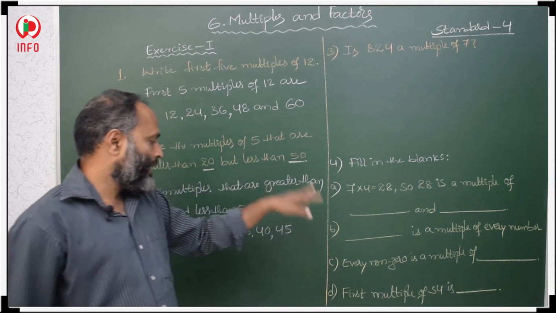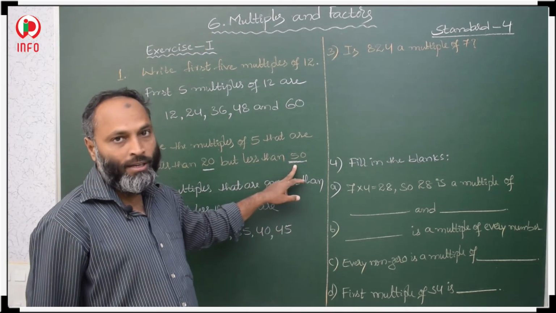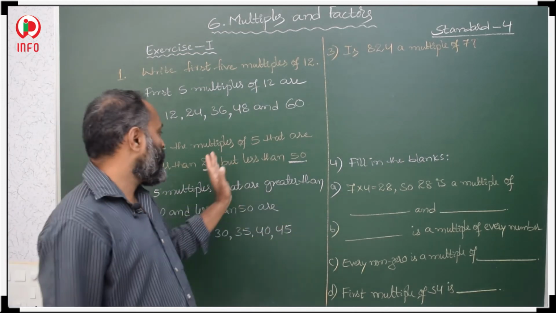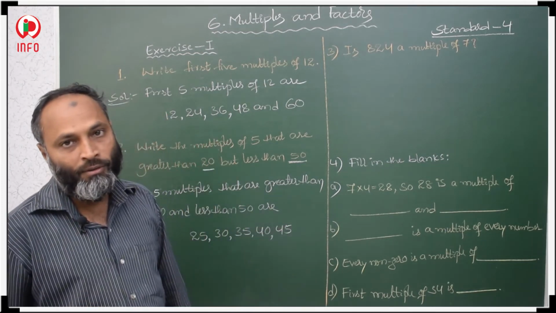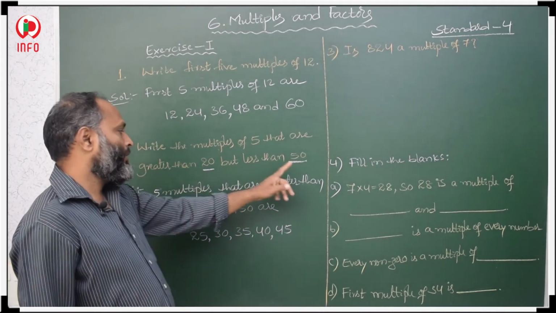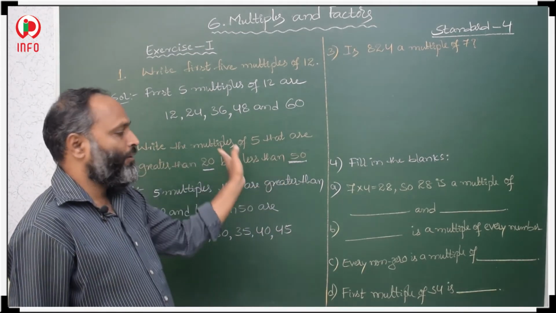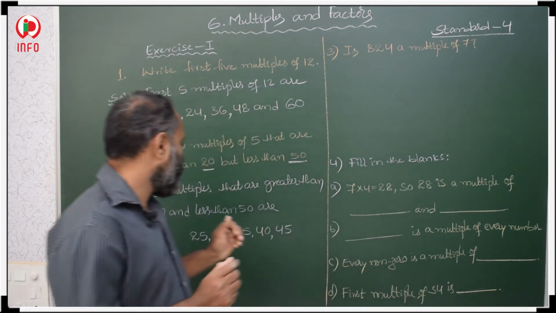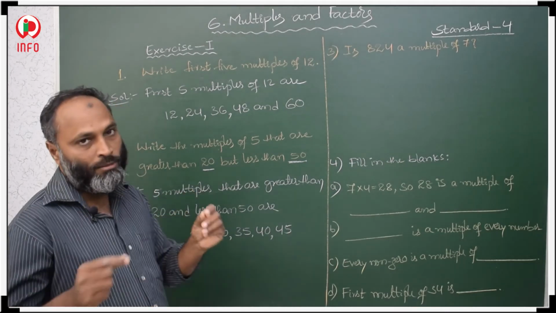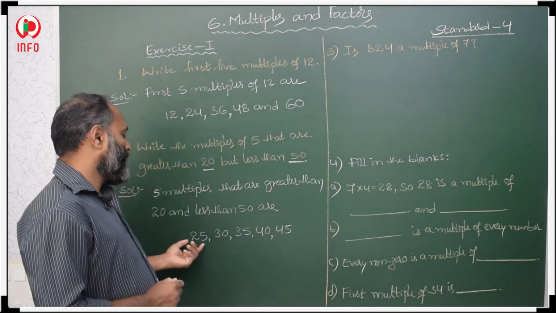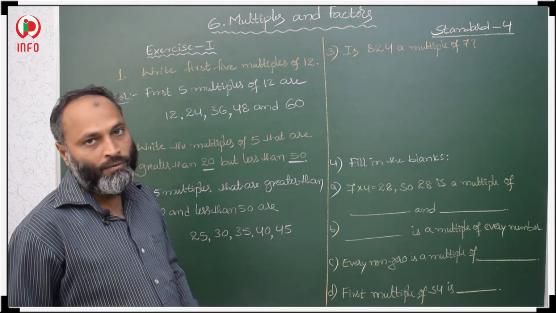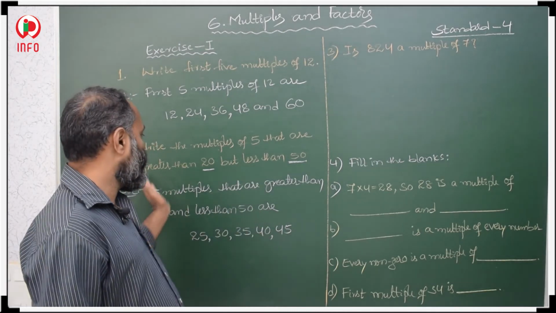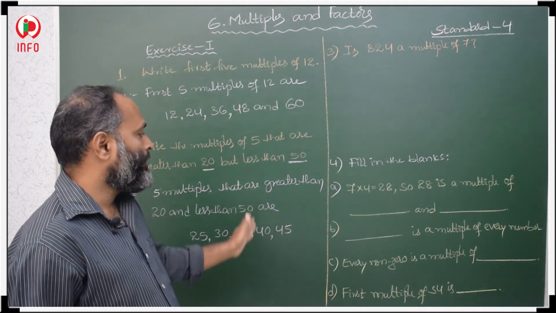If we take 5 tens are 50, that is equal to 50, it's not less than 50. Less than only we have to write. Less than means in between 20 to 50 we have to write. Greater than 20, less than 50, it means in between 20 to 50. So those multiples of 5 we have to write. It means 25 to 45. These multiples, 25 to 45, are greater than 20 and less than 50, multiples of 5.